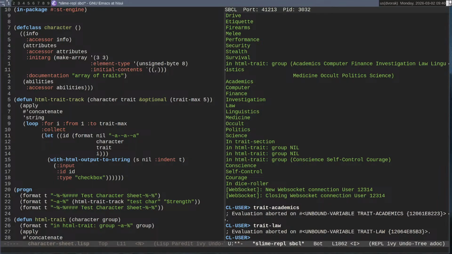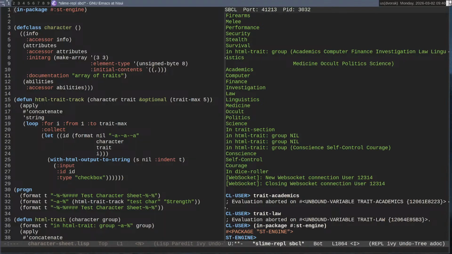That's upsetting. Trait. Oh. I know what's wrong. Everything's actually fine. You've got to be in a package in order to call symbols and find out what their values are.